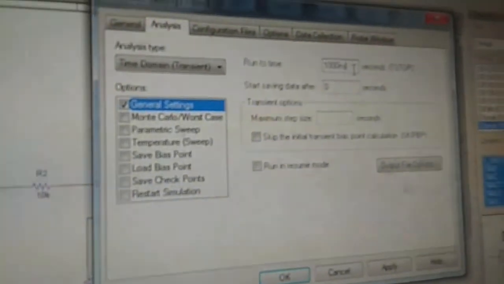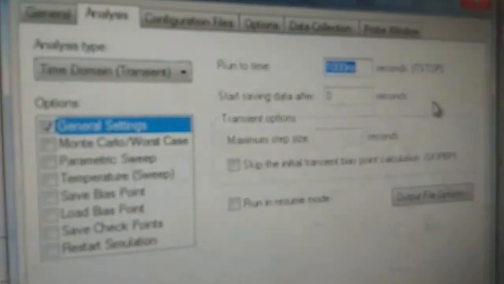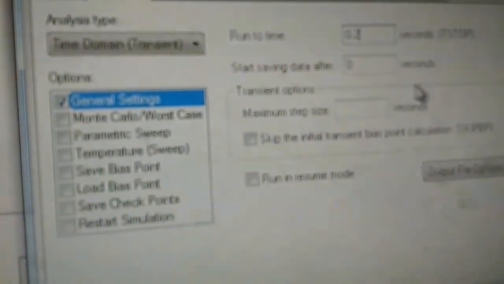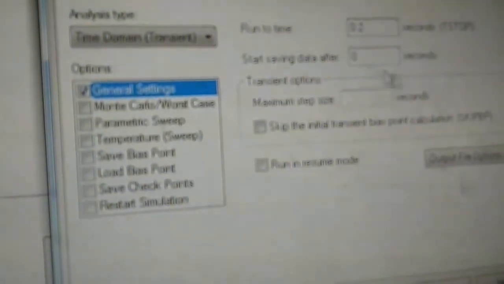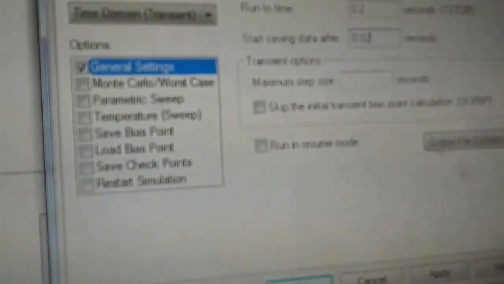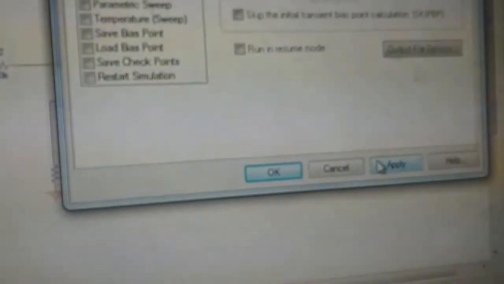The run time we need to define, and to start saving the data we can give 0.02 milliseconds, that is, after 2 milliseconds it will start saving the data.